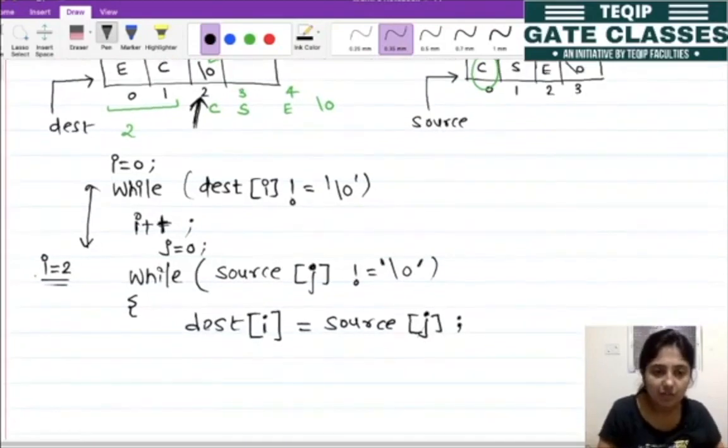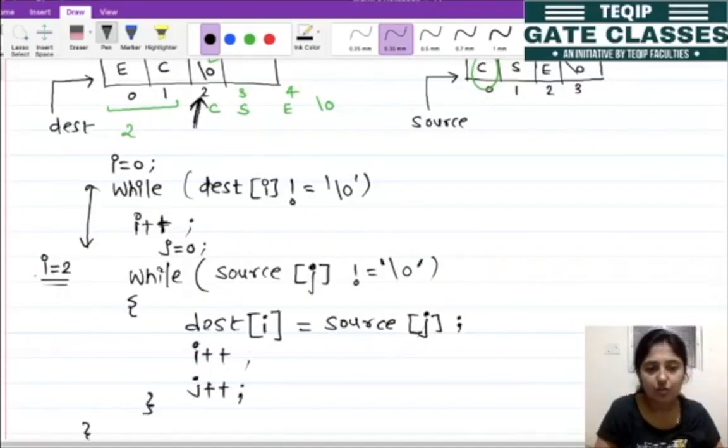Then after this we need to increment the value of i and we need to increment the value of j, right? And this is the close.